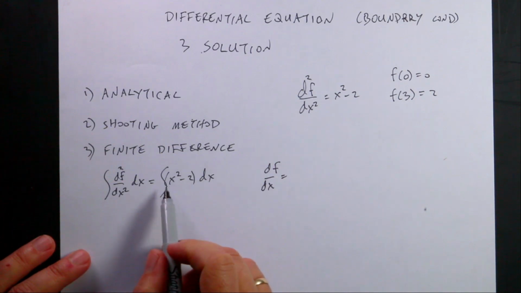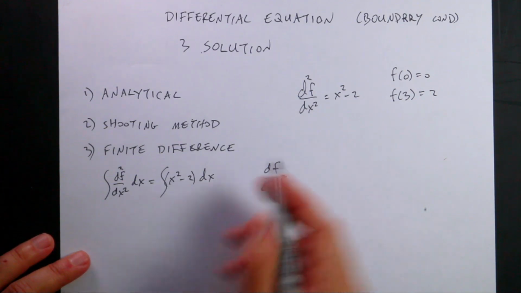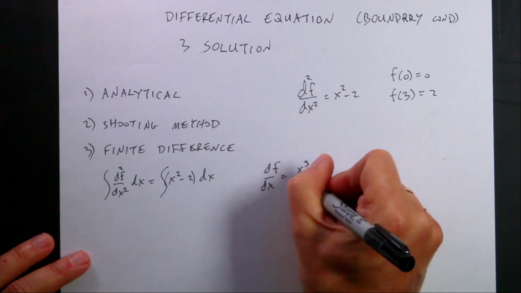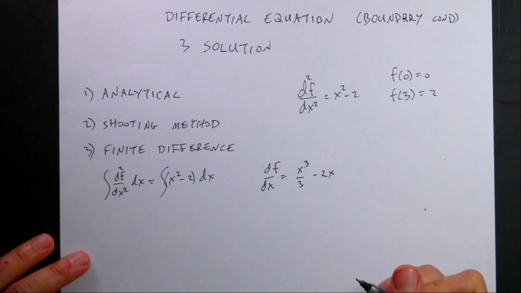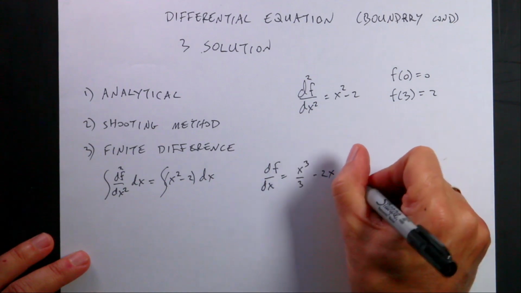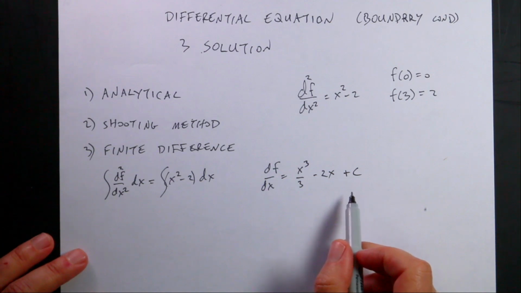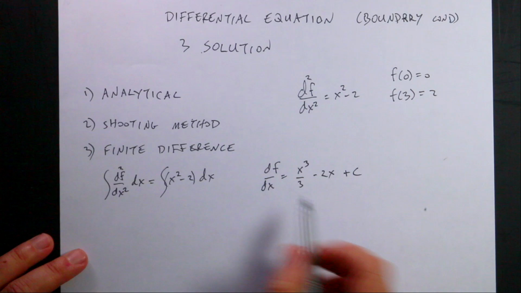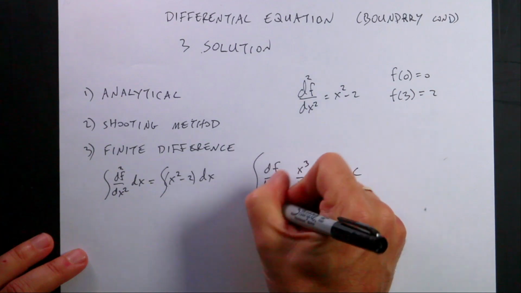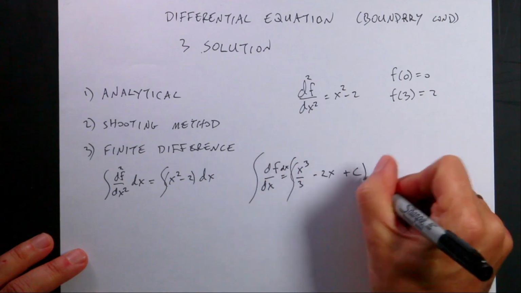And now I can integrate that because this is an easy function, an easy thing that I picked. I can use the power rule, so I get x cubed over 3 minus 2x. Now I do have a constant, so I'm going to say plus c, because I didn't do a definite integral. There's some constant that would still be the solution there. Let's just leave that constant there for right now. Now I can do the same thing again. I can integrate with respect to dx.